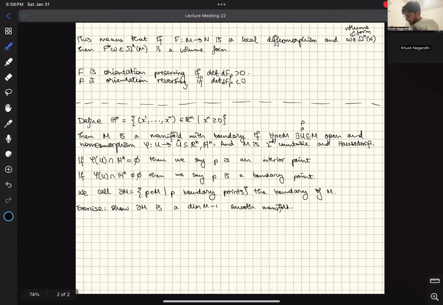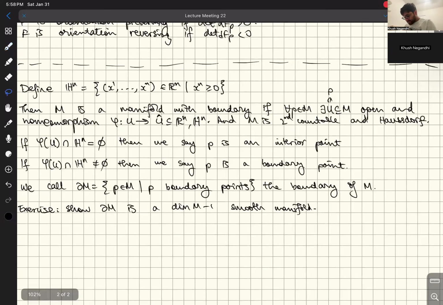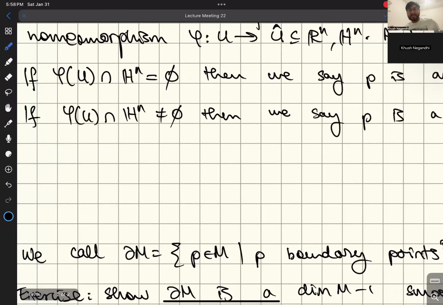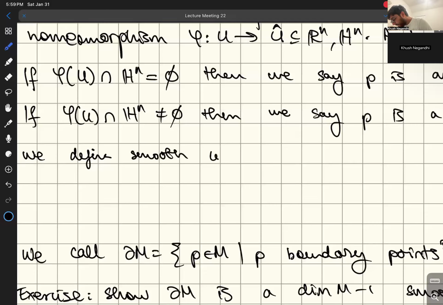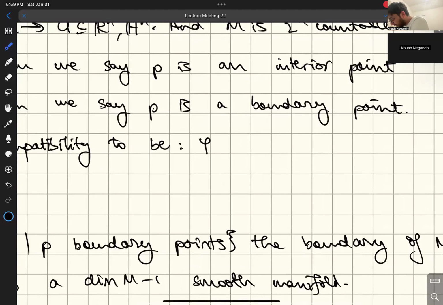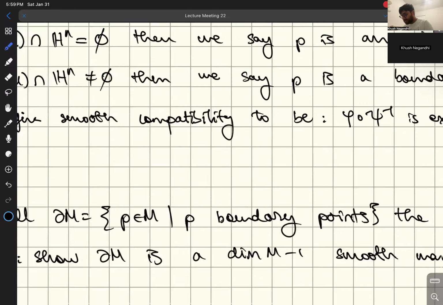Okay, wait, I just realized I really forgot to define a chart. Let's do that really quick. We define smooth compatibility in the same way. We define compatibility to be that phi composed psi inverse is extendable. So we have to be able to extend it to a smooth function